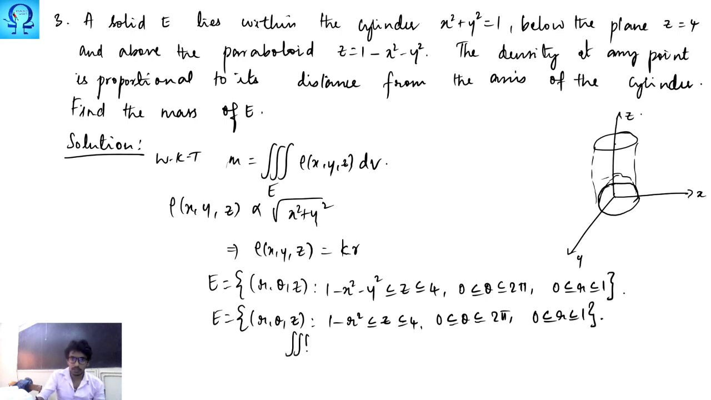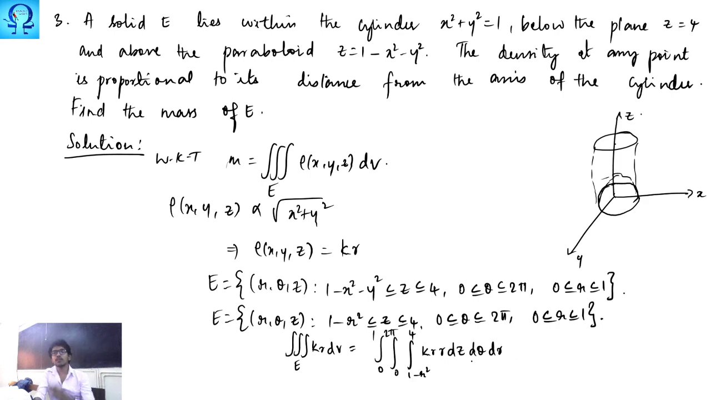So your triple integral of kr dv is going to be integral 0 to 1, integral 0 to 2 pi, integral 1 minus r square to 4, and inside you are going to have simply kr, and when you convert this dv into the requirements, you are going to have r, first dz, then d theta, and finally dr. You can very well see that this kr square is independent, so k is a constant, you may take it outside, integral 0 to 1 r square dr, then integral 0 to 2 pi d theta,